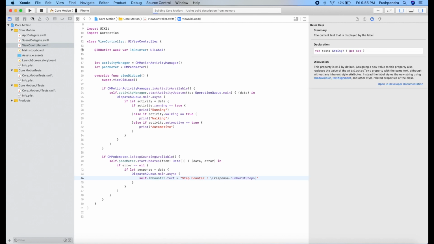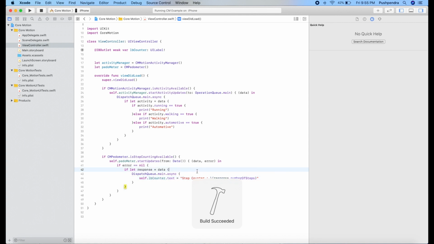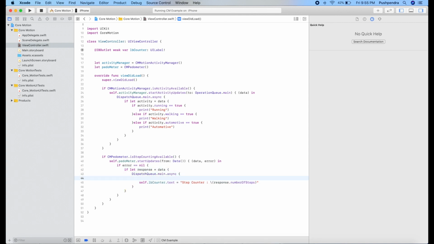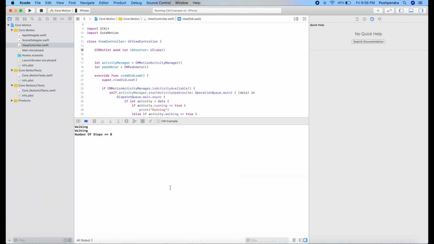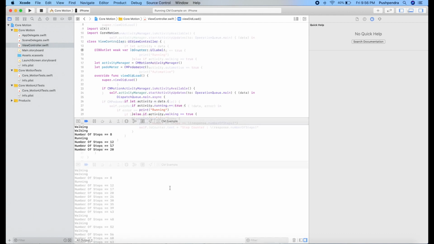Okay, here I am running, you can't see that, so I am printing here print number of steps. Now I will see the output on my phone, and here it is possible that it will print below. So here you can see number of steps 11, 12 is changing. Whenever the status is changed, it's changing.